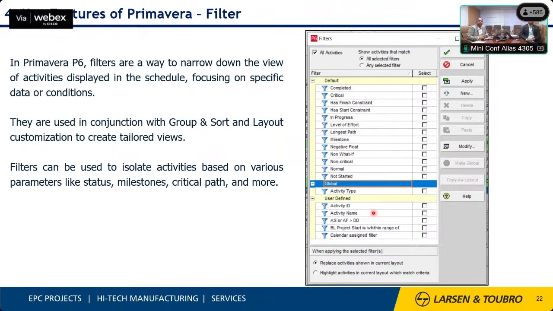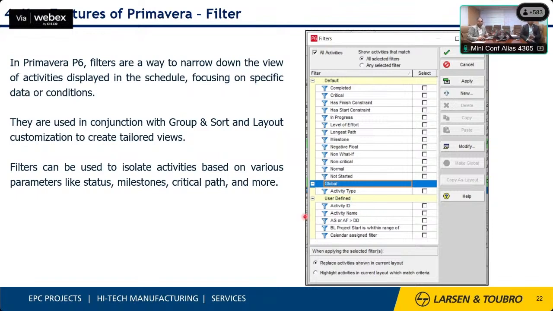Understanding the sequencing between 18,000 activities, making a logic out of it, and coming to some conclusive detail is difficult. So what Primavera provides are certain filters, and it also provides